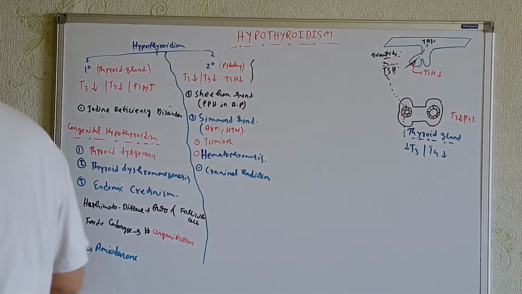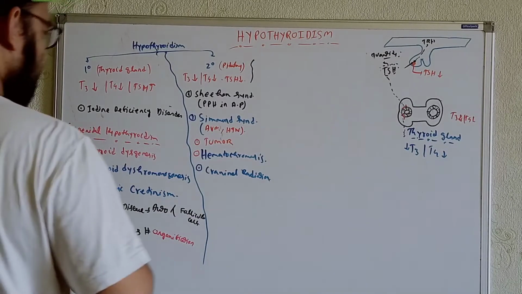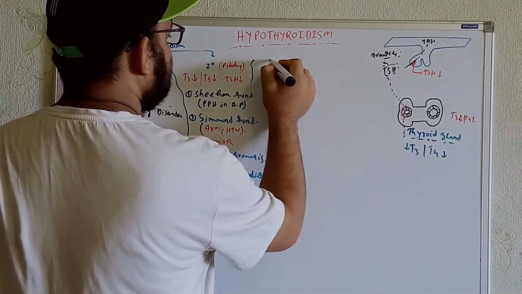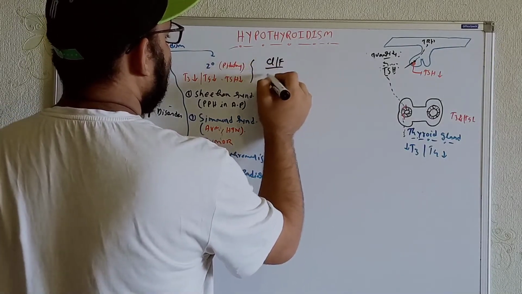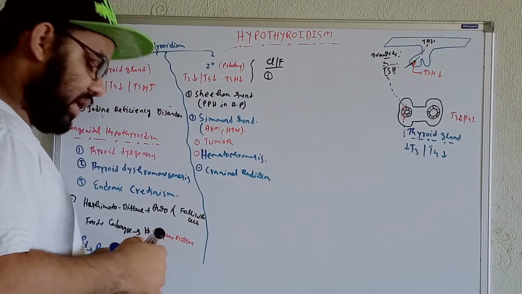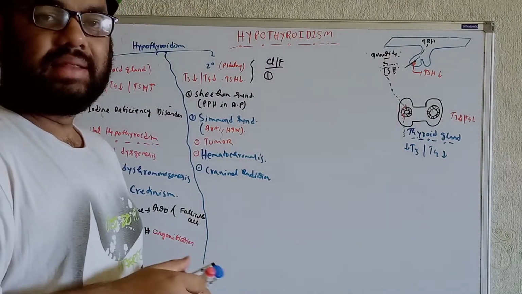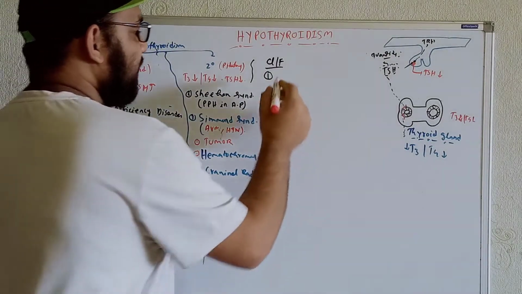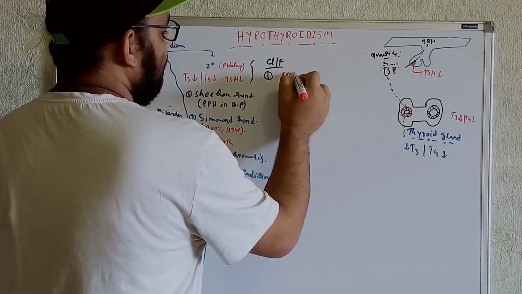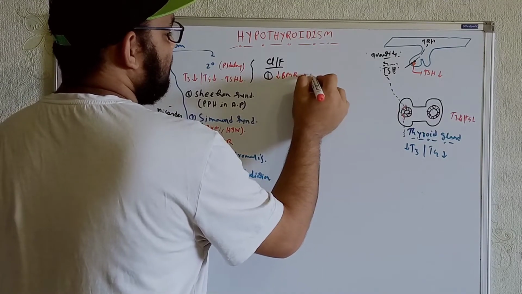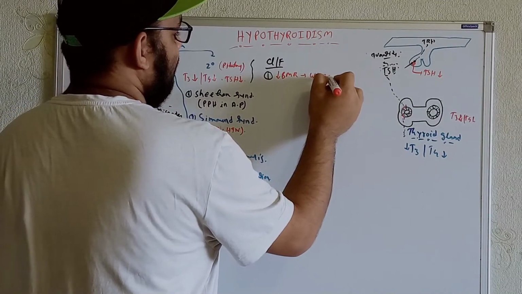Okay, so when you are talking in terms of the clinical manifestations, what type of clinical manifestations will we get? As we know, thyroid hormone is responsible for maintaining the BMR. In these cases, the BMR will be less. Whenever the BMR is less, there is a chance of weight gain. Not severe, we will get it in a modest way.